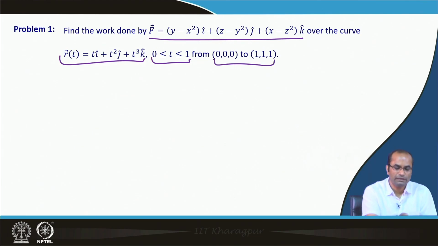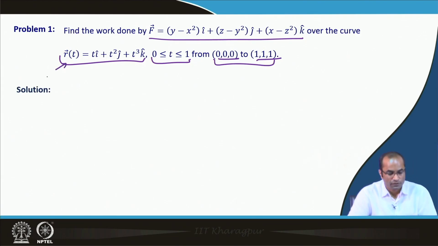So, this will naturally come from this vector function: when t is 0, we are at this (0, 0, 0) point, and when t is 1, we are at the (1, 1, 1) point. So our curve goes from (0, 0, 0) to (1, 1, 1) along this given position vector. Okay, so when the parametric form is given, we will use this vector form for evaluation